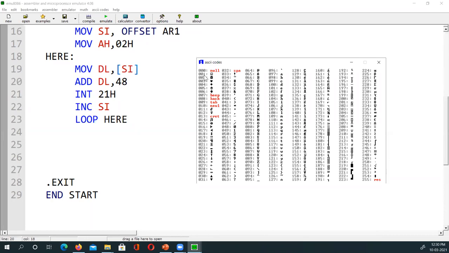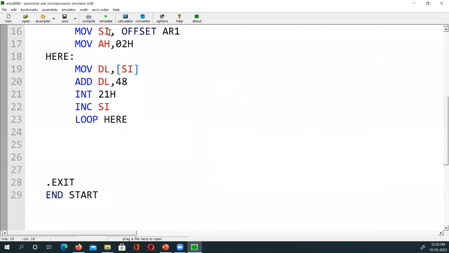Because if I have 1, inside it is stored like this as ASCII 1, and the output will give this cartoon-like symbol. But when I add 48 to it, what will it become? 49. What is the ASCII of 49? That is 1. It will output 1. So that is why I add 48 to it. Hopefully this will be clear. Let me run it. There is some chat coming up.